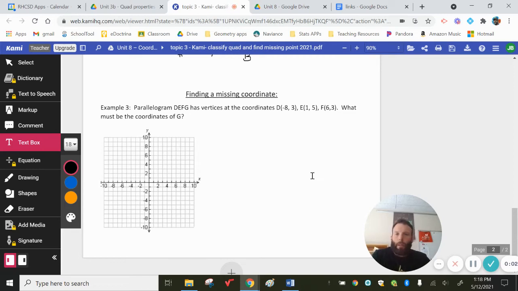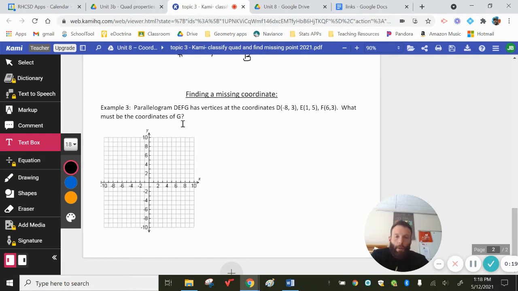All right, here's part two. Let's find a missing coordinate. So in this example, it says we have a parallelogram. So you know for sure you have a parallelogram called DEFG. And the coordinates of the vertices DEF are given, but we want to know what must be the coordinates